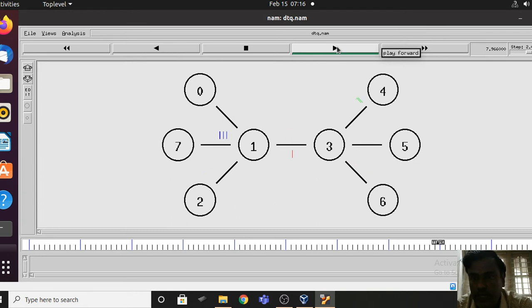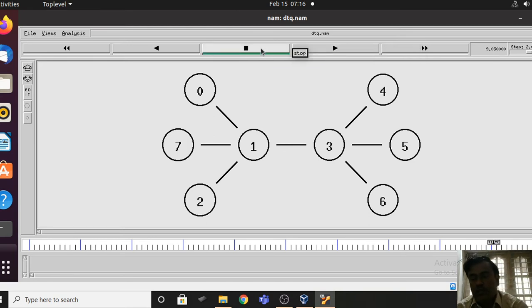Now the timer is going to reach 8 units of time. And I have given the simulation time as 8. So now we have crossed this 8 unit of time.